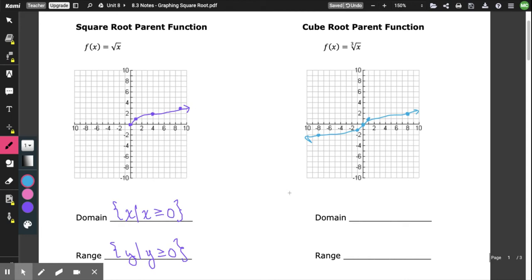It's got a little wiggle in the middle, and it does continue on forever toward both positive and negative infinity for our x's. So for this one, the domain, like we were just discussing, x can be anything from negative infinity to positive infinity. So that would be any real number. And this is the notation that we use for that. For the range,